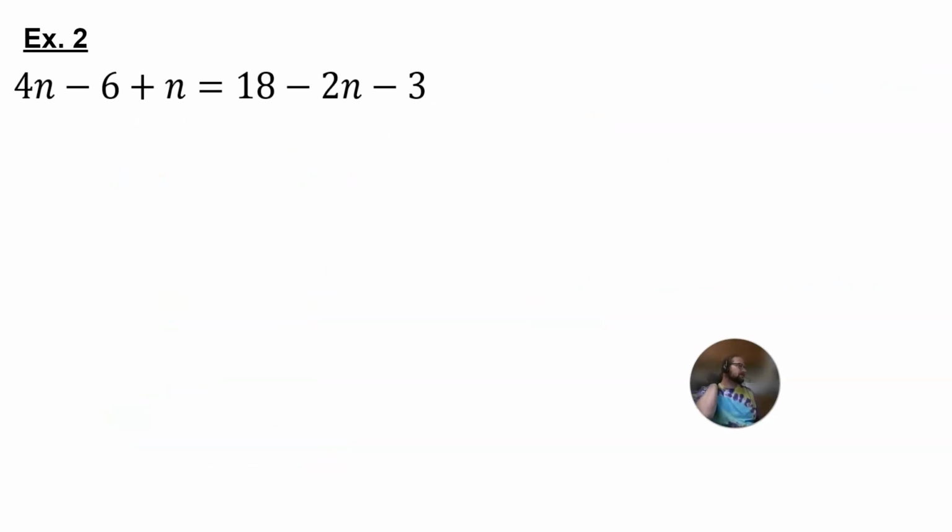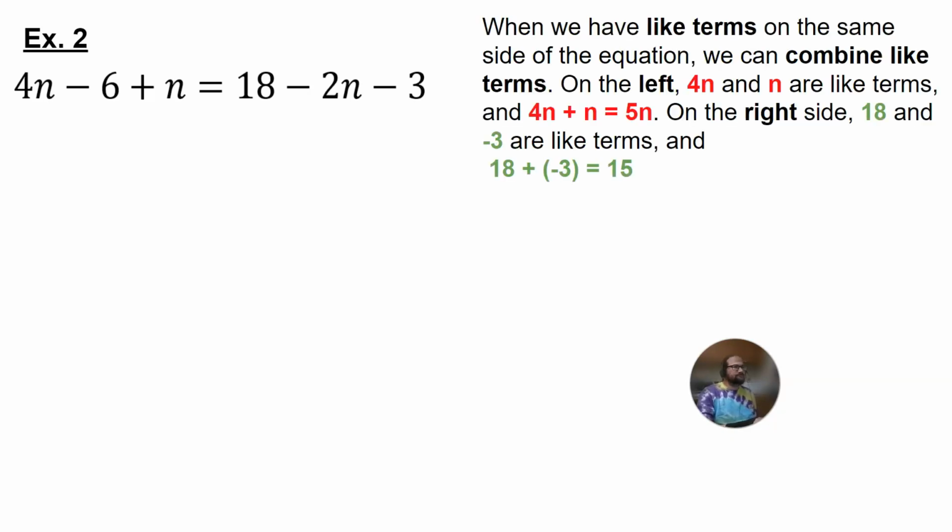Okay, 4n minus 6 plus n equals 18 minus 2n minus 3. Now in this situation, we've got like terms on both sides that we can combine. On the left side, we've got 4n and n. On the right side, we've got 18 and negative 3. 4n plus n is 5n, and 18 plus negative 3 is 15. So we're just going to combine these like terms